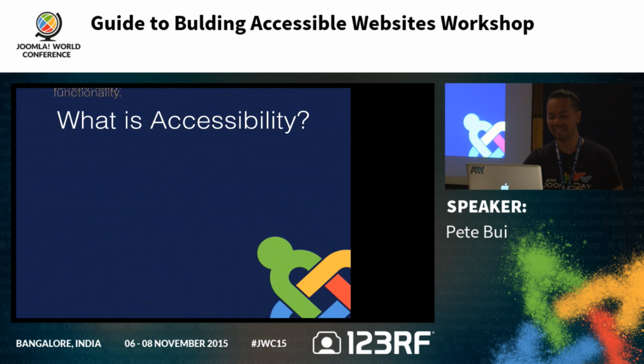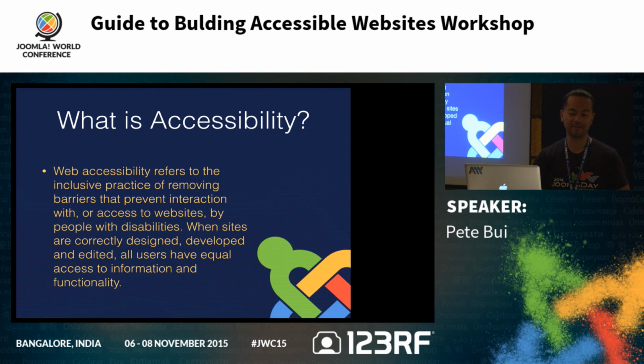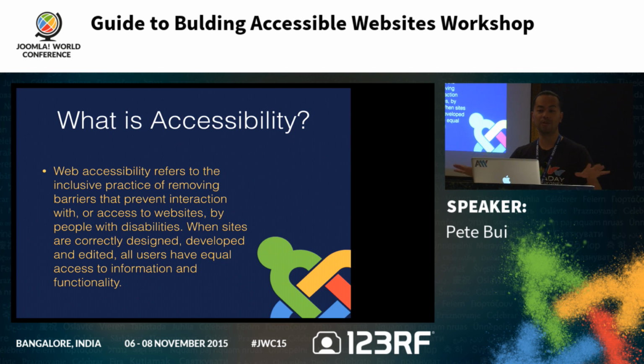So what is it exactly? This is defined in Wikipedia. Web accessibility refers to the inclusive practice of removing barriers that prevent interaction with or access to websites. So it's about enabling and letting people with disabilities get access to the information. When sites are correctly designed, developed and edited, all users have equal access to information and functionality. So we're trying to make the web a level playing field for everyone. So anyone with disability or cultural diversity, whatever it is, everyone should be able to access the information on the